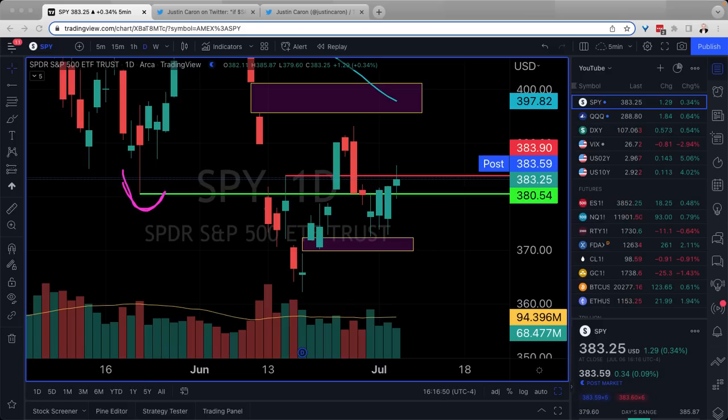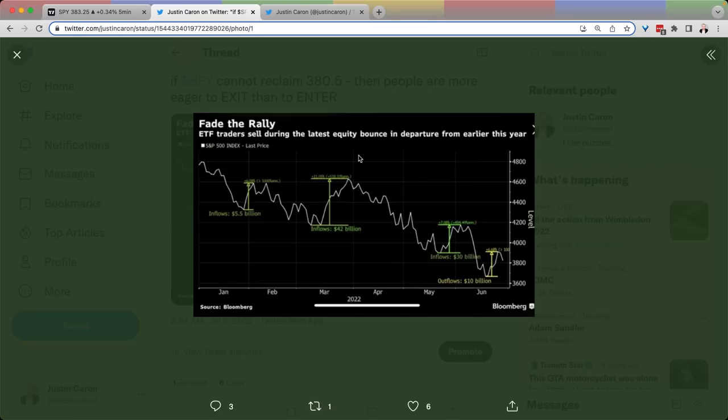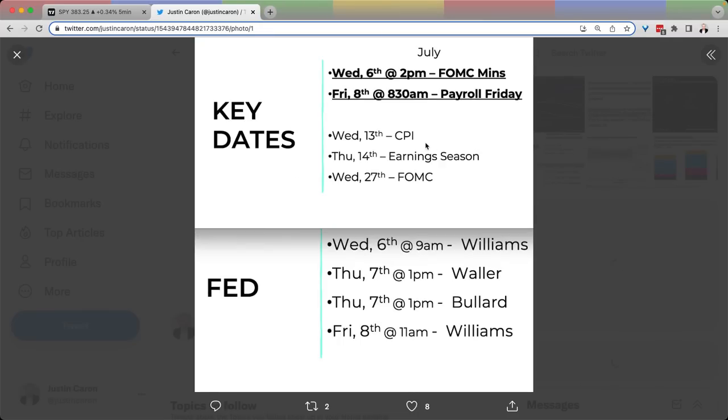All right, moving forward. That 380.5 is going to be very important as we come back and have a look at the charts in a moment. The last thing to keep in mind here is that there are not really very many more economic data points coming through until Friday, when we've got payroll. So we have the Fed speakers here, with Williams today. Didn't really see anything from him. Also coming out on Friday,